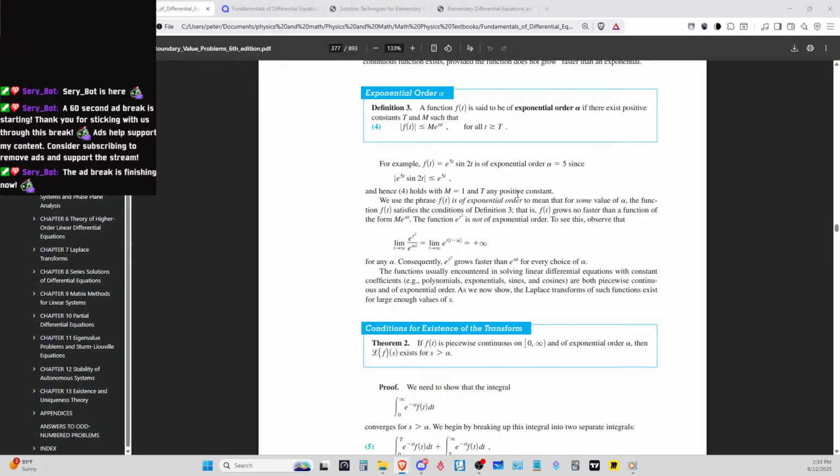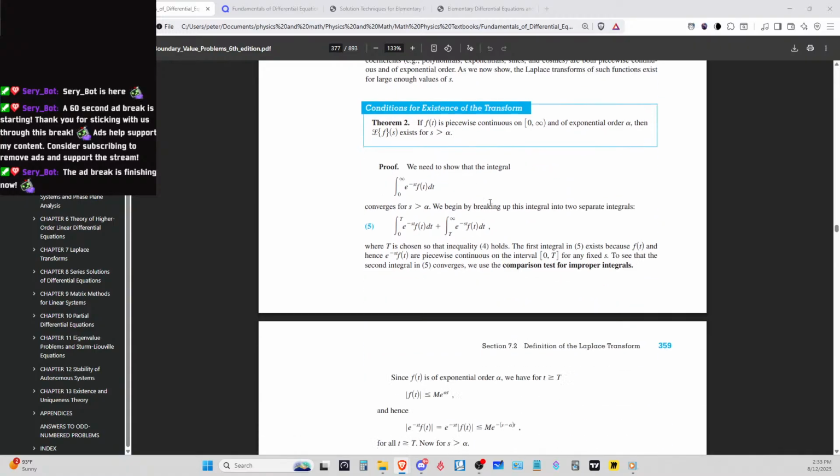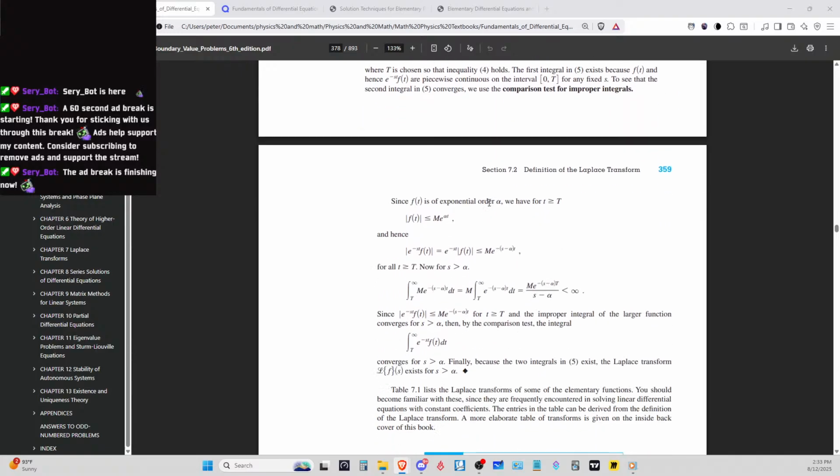That's fascinating. I mean, it does make sense because sine goes from 0 to 1, back and forth. So I can see why it's less than the exponential that it's being added to. But that is very interesting. The more you know, right? Oh, this is a mathematical proof of it. Okay. So